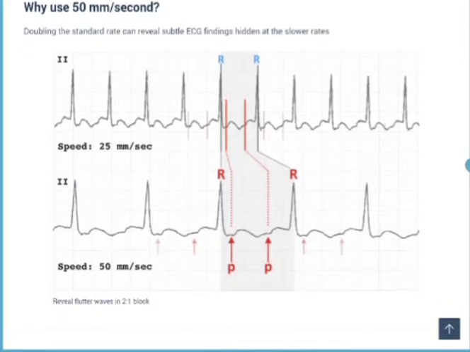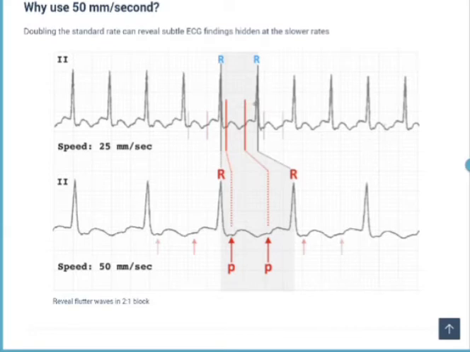So here we had an ECG strip where the rhythm was somehow disturbed. We didn't know because the rate was too high. So what we did, we recorded it at 50 millimeters per second. At 25 millimeters per second, the ECG was very narrowed down, right? So here it is only approximately 1.5 large boxes, slightly more than that.